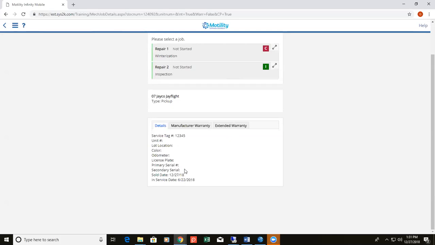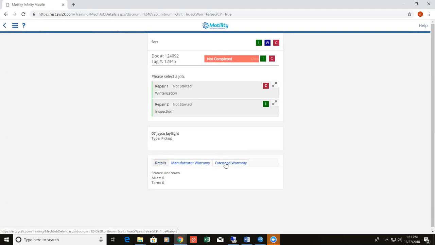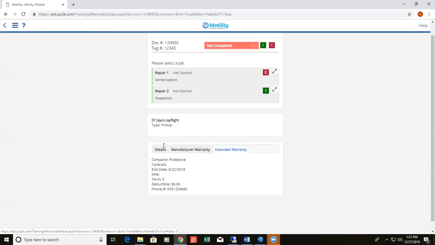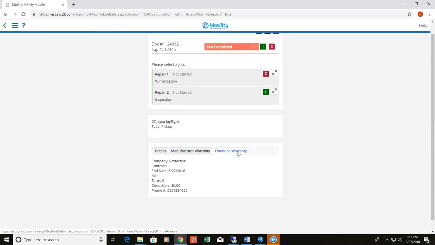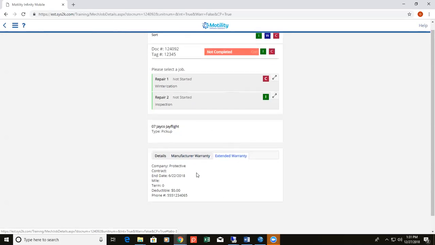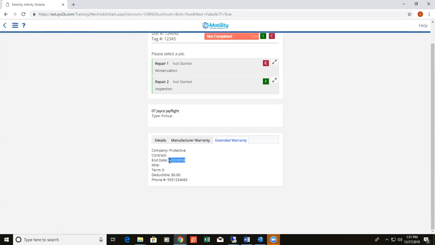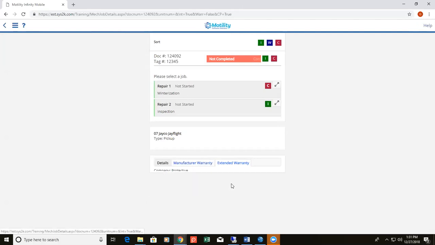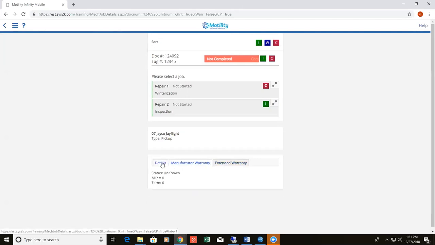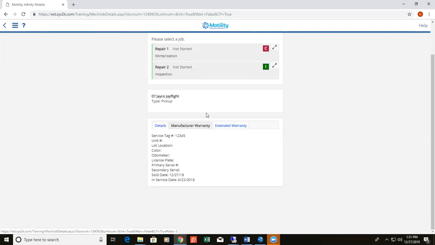If you do use our deal desking portion of our software and you sell contracts or warranty contracts, and it was done through the deal, that manufacturer warranty or extended warranty information will actually be stamped onto the unit. So we can see here that Mr. Greer, his JCO J flight, had an extended warranty up until June of this year. So this can trigger questions of, well, hey, are you interested in any additional warranty coverage after your manufacturer warranty has expired? So just a bit of detail there, not too much information, but again, it can be